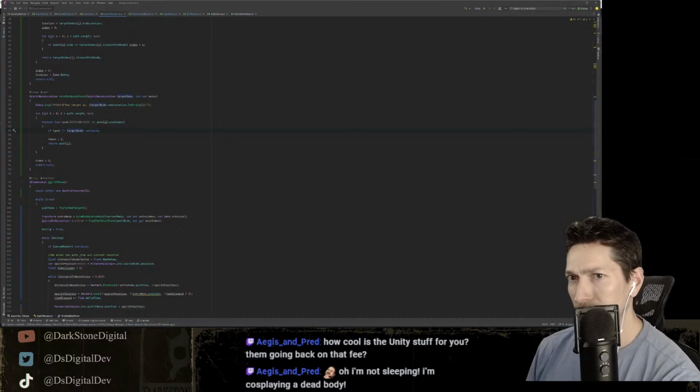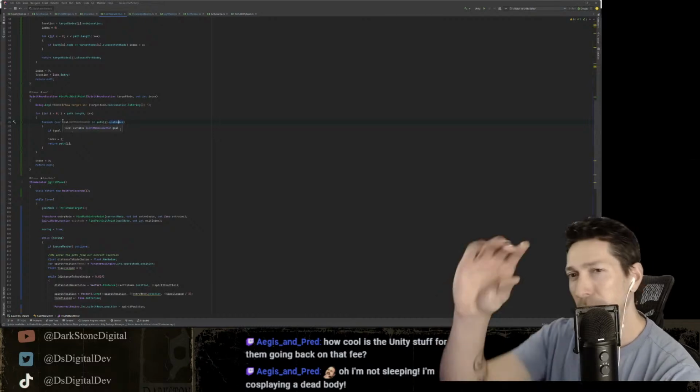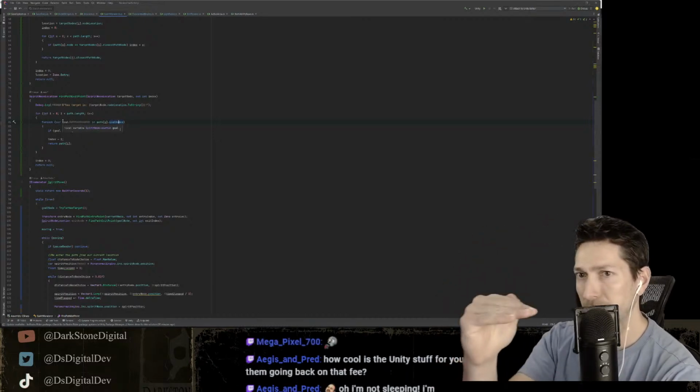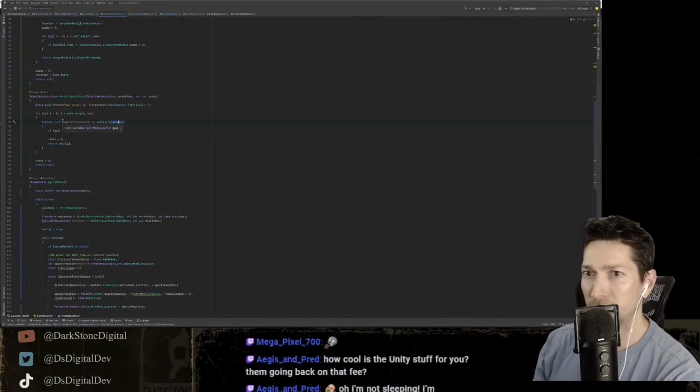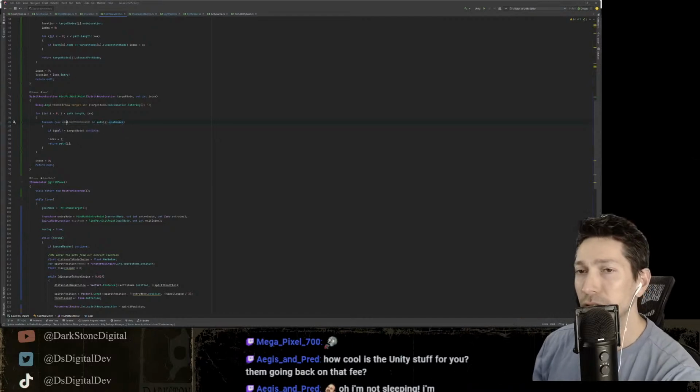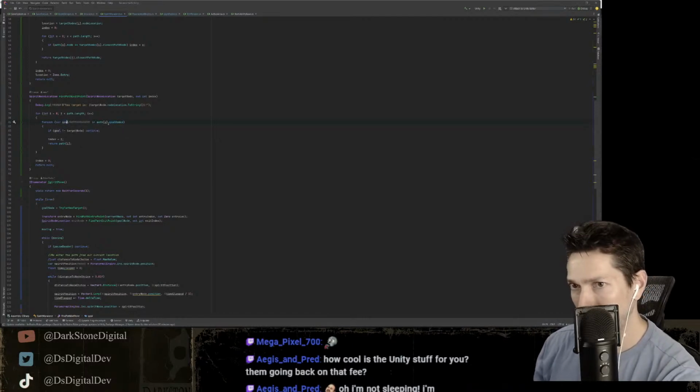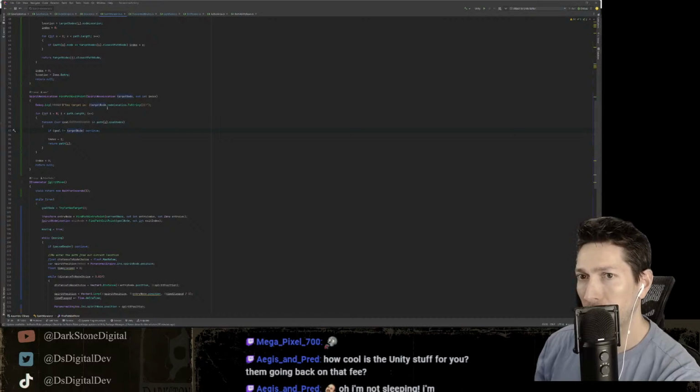So, path, then for each goal path, goal nodes, this should work though. I'm going to the path node. I'm just going through each of them. I step through each path node, and then I go through each goal tied to a path node. And if the goal is correct, if it's the same as my target node, then, oh.